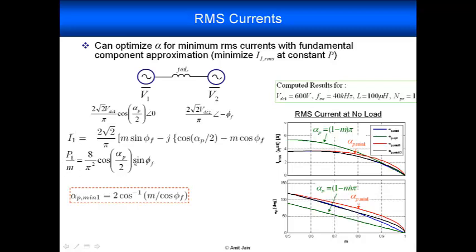So power transfer level is given by the second equation. Keeping this constant, we can minimize I1 RMS and find out what value of alpha p gives us the minimum value of I1 RMS. So after you go through that exercise, we will come up with this value of alpha p,